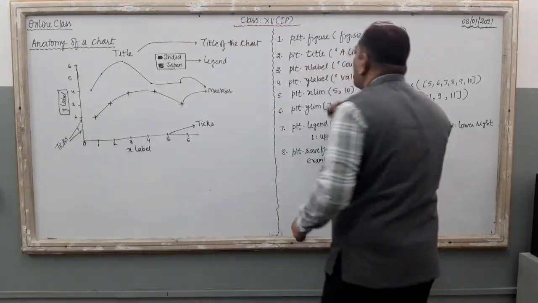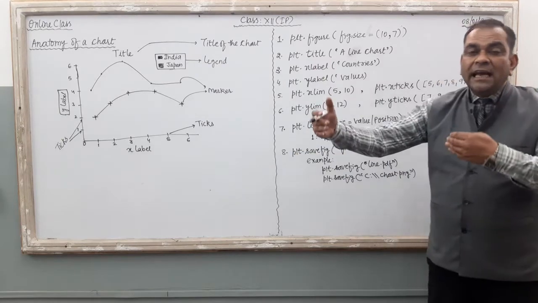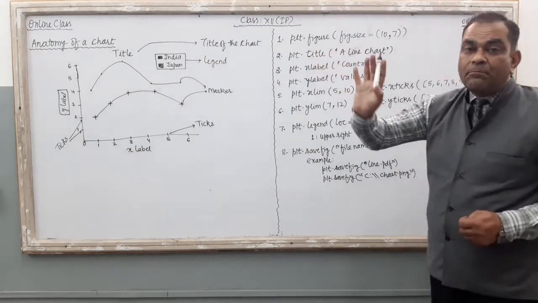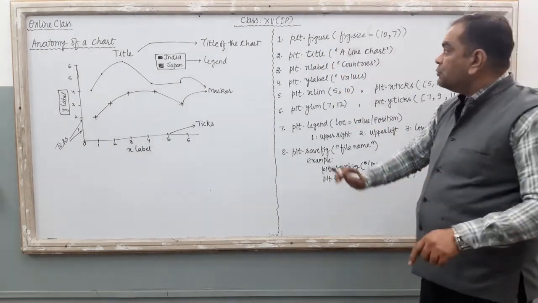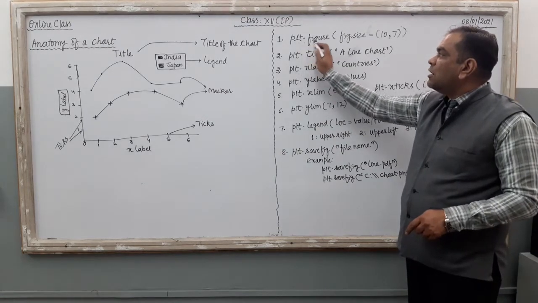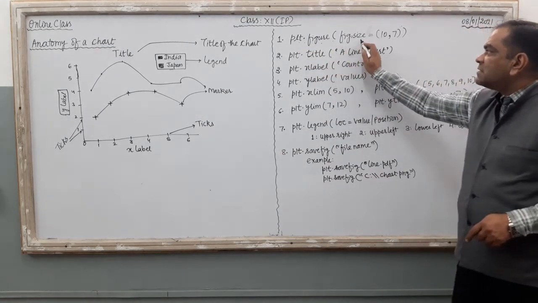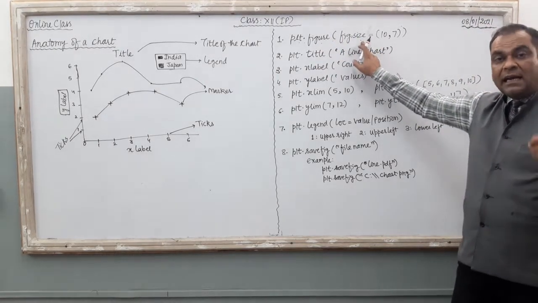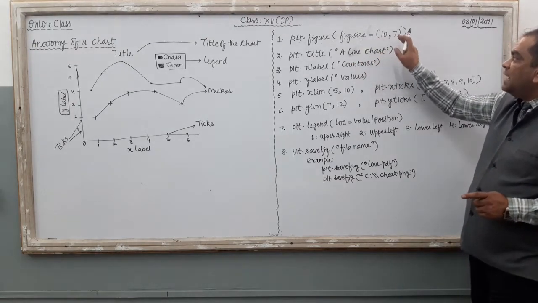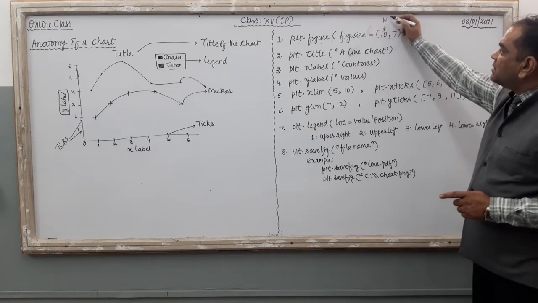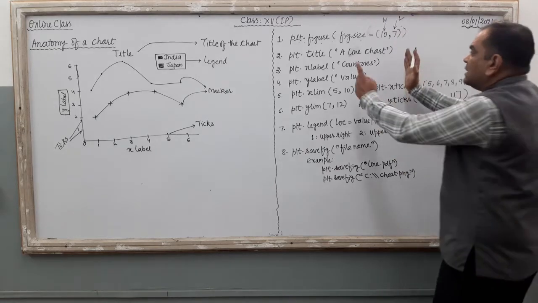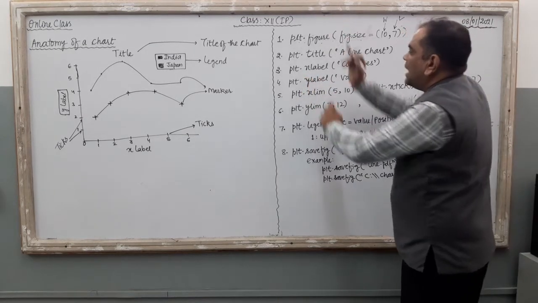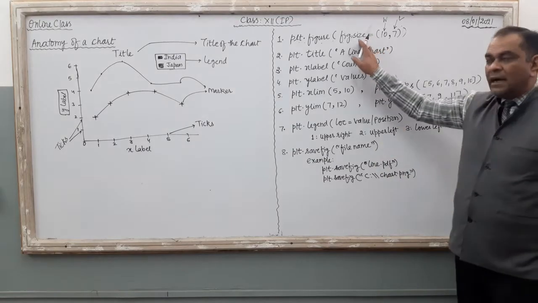Now just see, if you want to set the figure area of your chart, the figure function is available in the pyplot library. You can use this function as plt.figure with figsize. Just say this is the attribute of the figure function. Figsize, you should write it in small letters. Figsize equal to (10, 7). The first value represents width, the second value represents height. It means the chart has a width of 10 and a height of 7. Right? So this is the important figure attribute.